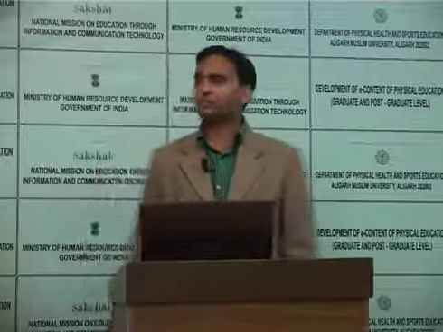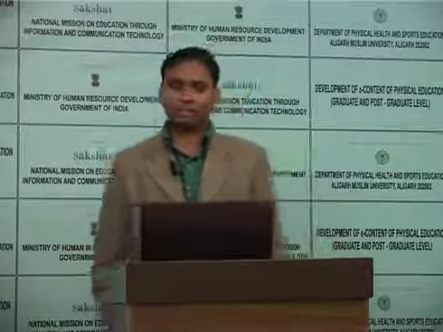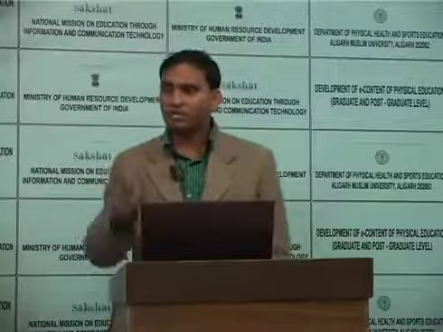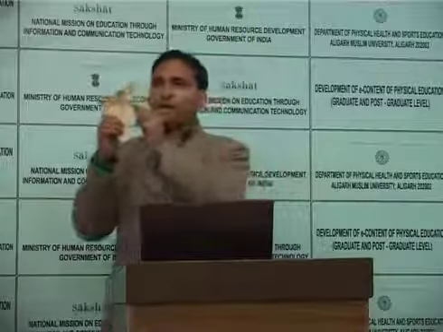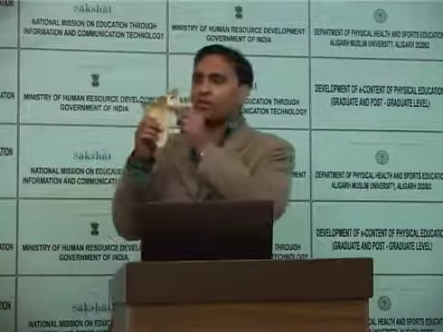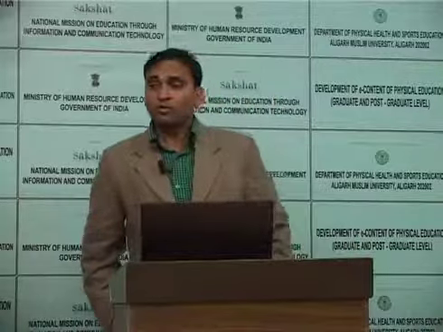Okay, so we are discussing the posterior compartment of the arm muscles, and the first muscle is the triceps brachii. Now I am going to discuss the origin of the triceps brachii muscle. The triceps brachii originates from different heads, different locations. The long head originates from the scapula, mainly from the infraglenoid tubercle of the scapula. You can see it here in the bone.